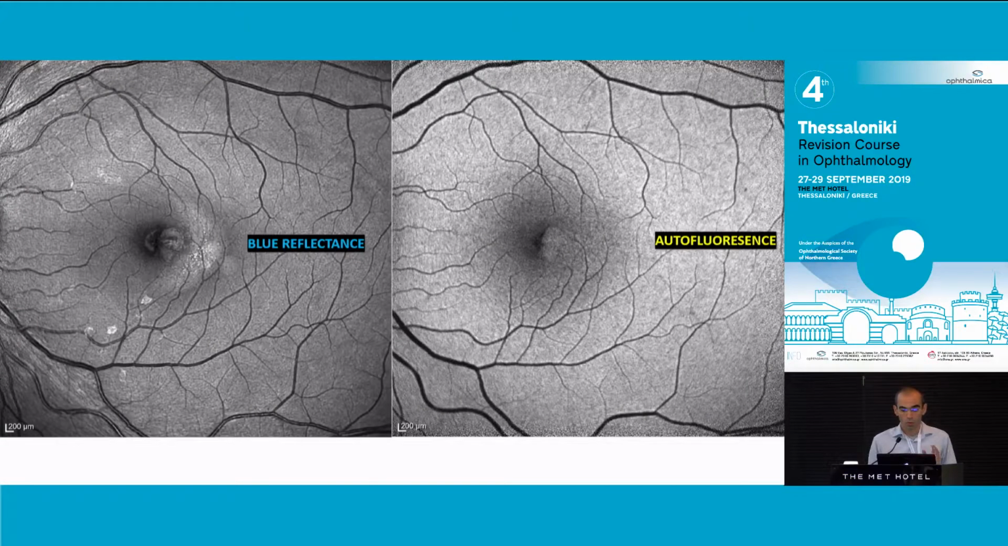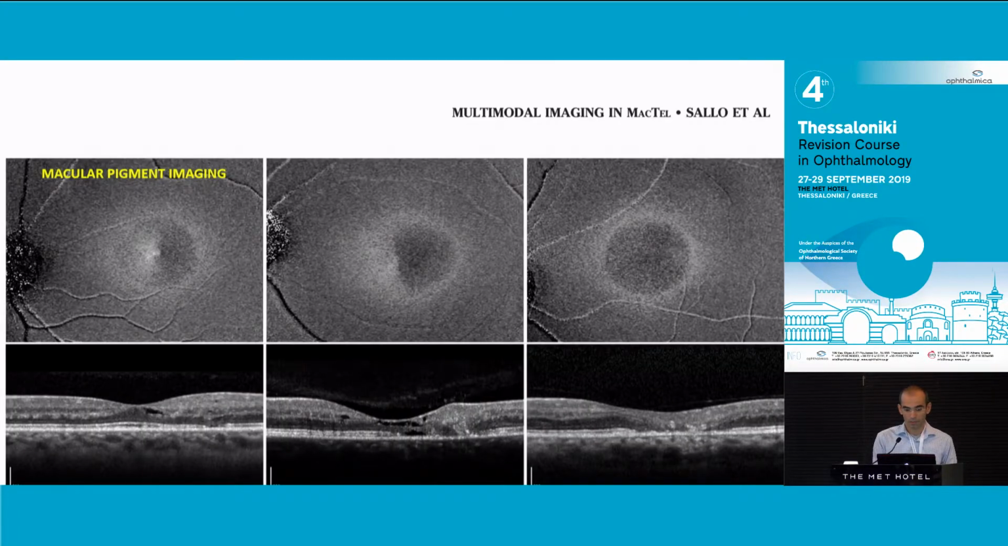So autofluorescence should be a uniform gray, it should be a uniform signal, apart from the fovea where you get absorption from the macular pigment. But as you can see in this case, you have loss of macular pigment and increased autofluorescence temporally. And that corresponds to an increased area of reflectivity on the blue reflectance, which is the loss of retinal transparency that people have described. This is from a publication which